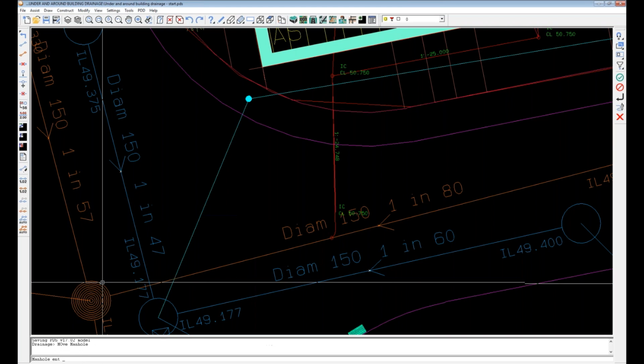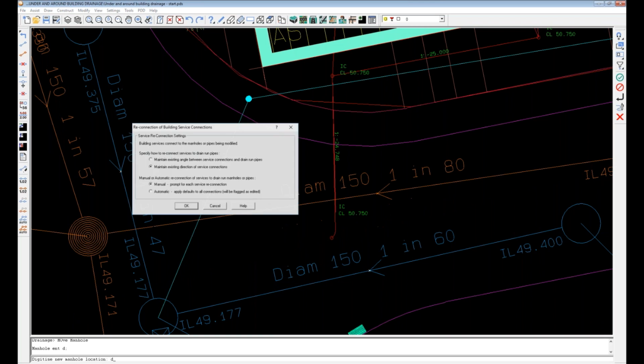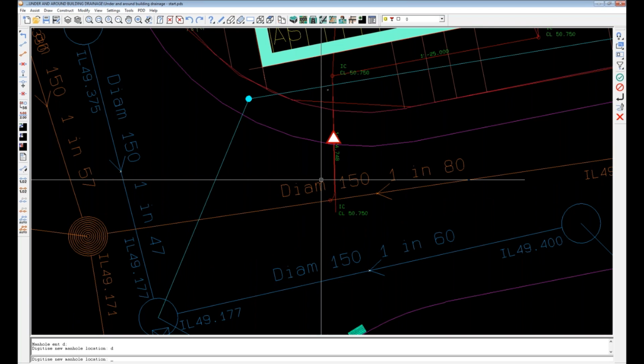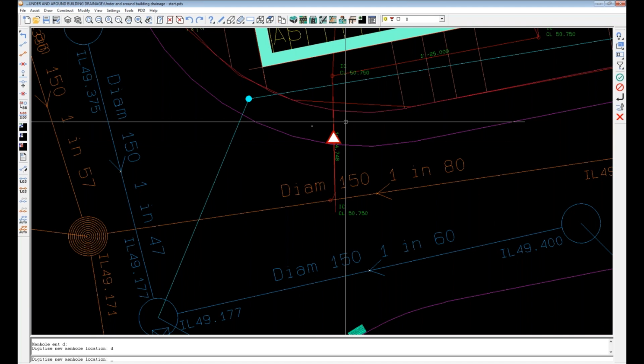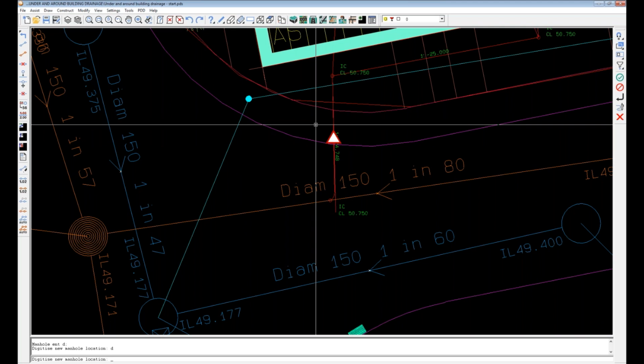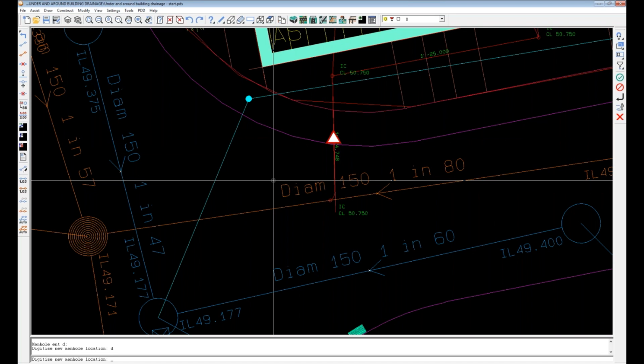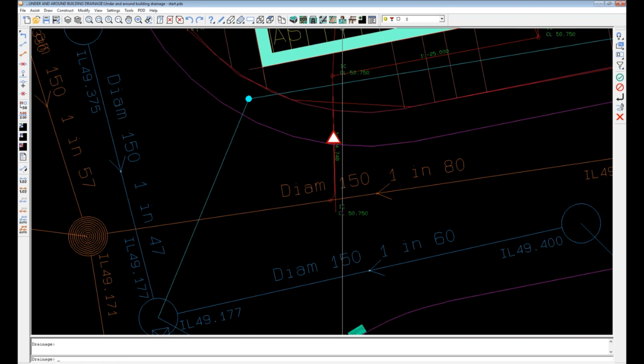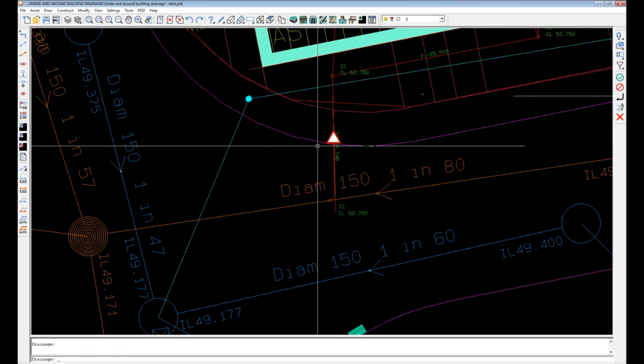Okay, so as I just move this back over here, instead of saying manual, prompt me for each service reconnection, I want it to do something automatically, and you'll see what happens now. So it goes okay. What it does is it kind of reties it in, but I'm not going to approve it in any way. I'm going to leave that for somebody else, or maybe me tomorrow or whatever. So you get this warning triangle comes up. Okay. And so that means that when I next reopen the services, I might have a whole load of these,